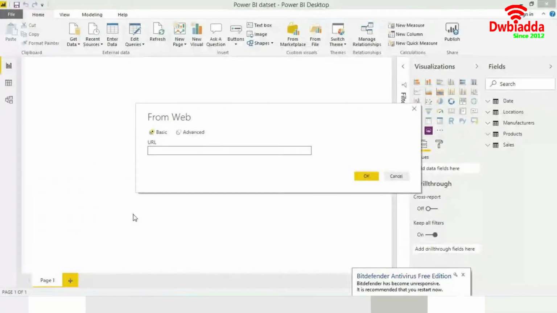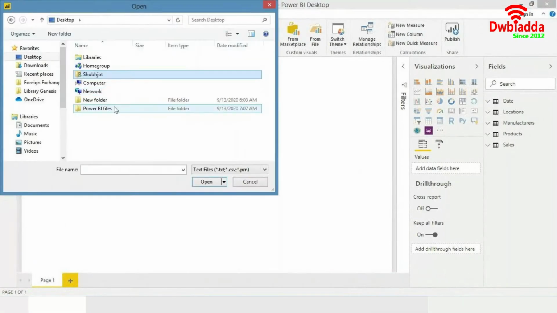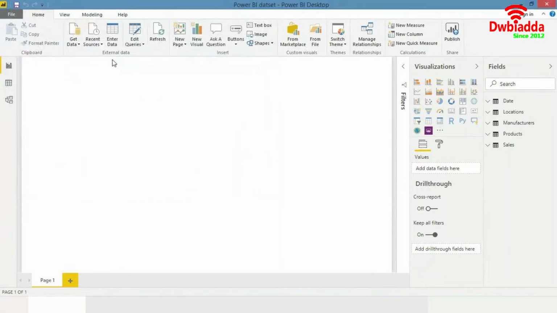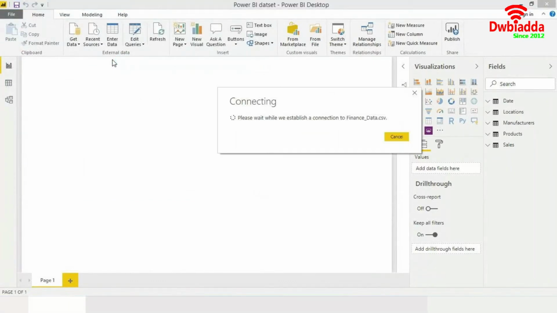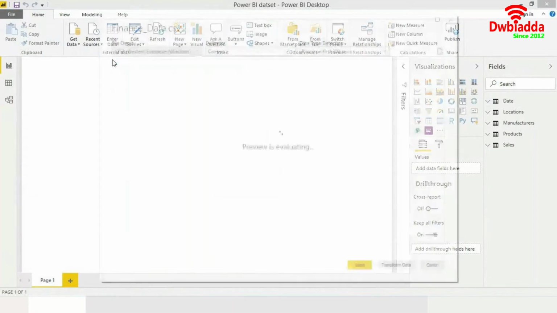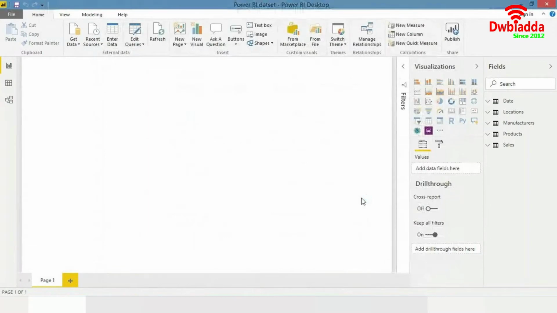Right now, since we have a CSV file, we'll just import the CSV file. Then you click on transform data.